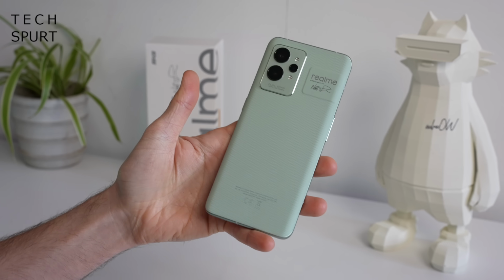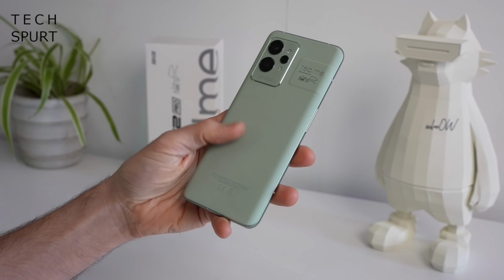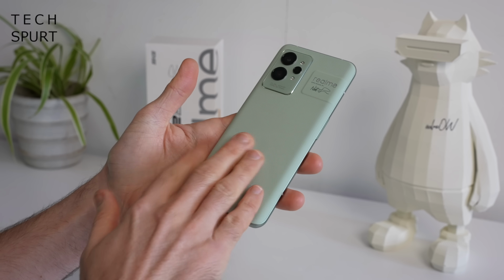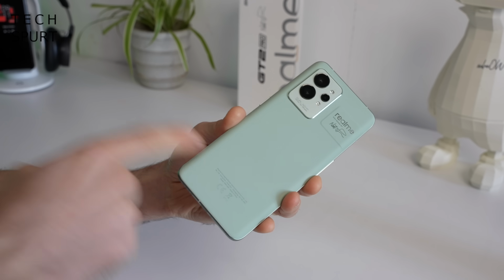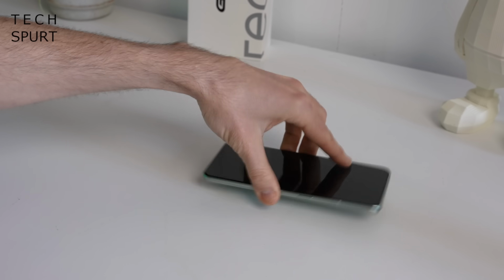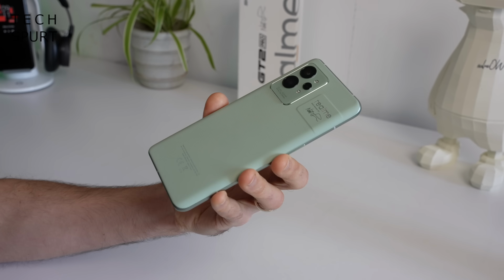And as well as being good for the planet, it's also quite aesthetically pleasing, this polymer back end as well, because as you can see there, it doesn't get all smudgy and greasy and nasty like most smartphone backs do. Plus, as an added bonus, apparently that back end is tougher than a rhino's hide as well, so you can give it a proper bashing about, try and scratch it and scuff it, and it will resist everything you